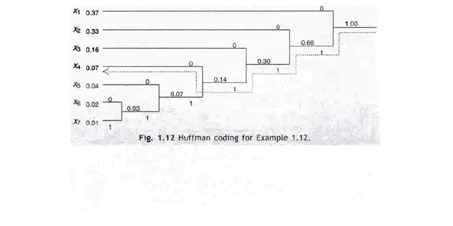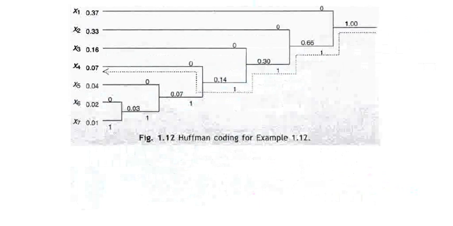Every time we sum the 2 least probable symbols, and we take that sum as a new symbol. Considering that new symbol, the 2 least symbols are again going to be combined. Both 0.04 and 0.03 are less than all other remaining probabilities. So now we combine symbol x5 and the combined symbol of x6 and x7. So 0.04 plus 0.03, the sum probability is 0.07.